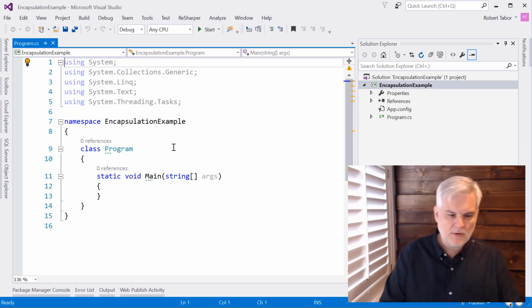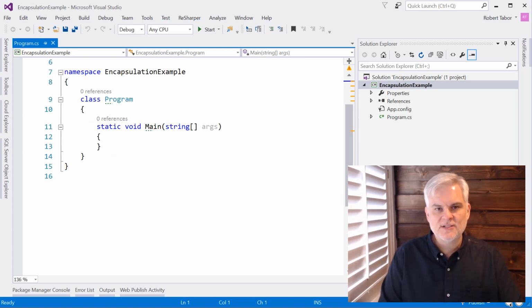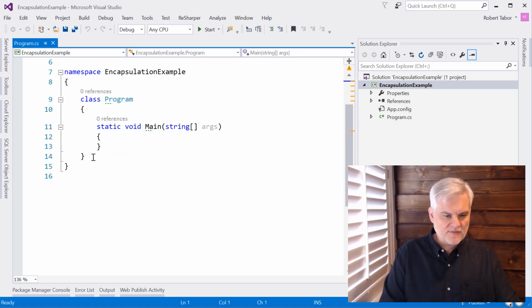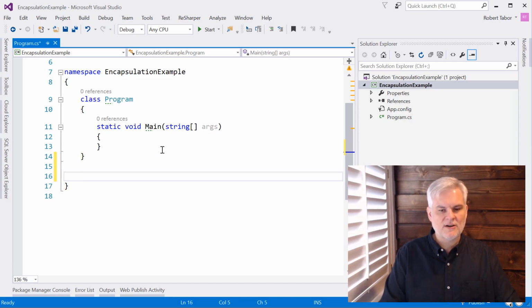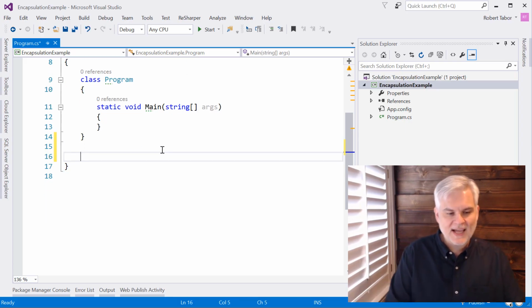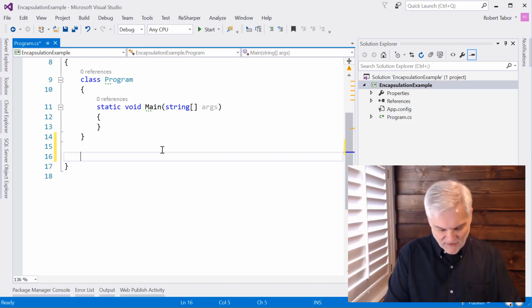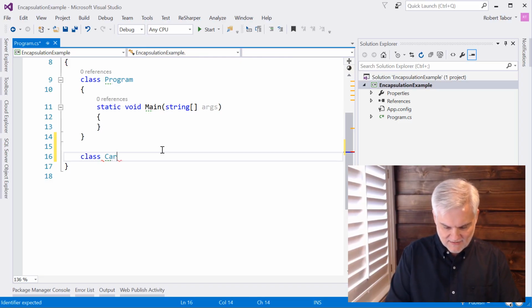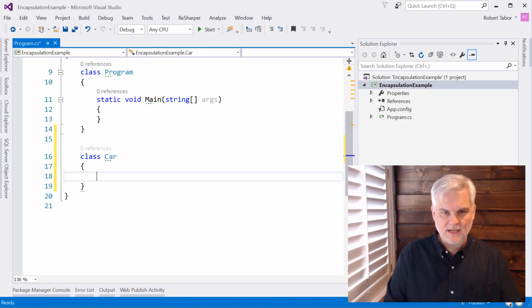We're going to write some simple code here just to flex our muscles and illustrate some of these ideas. And the first thing that I want to do is create a new class named Car in this file. I'm just going to go class Car, right? And we've done this 1,000 times probably up to this point. And what I want to do is type